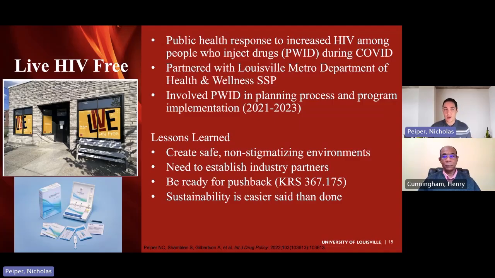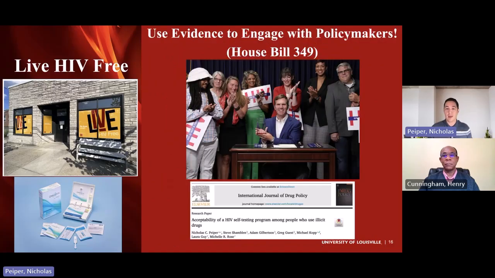But fortunately, this work has been really instrumental in passing some state legislation and even having the Cabinet for Health and Family Services adopt these HIV self-testing procedures. So even though there are some problems with the Social Practice Lab, we've been able to sustain the self-testing through other organizations, through other legislation, and through a lot of state health programs. And that's exactly what is shown here, and how important it is to build evidence to engage with policymakers.